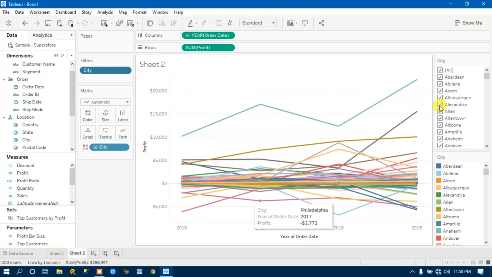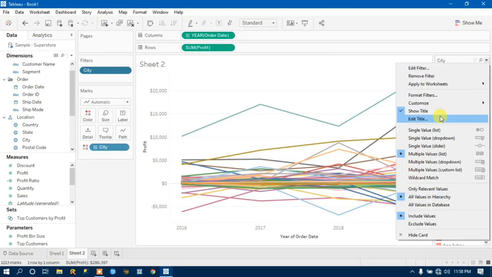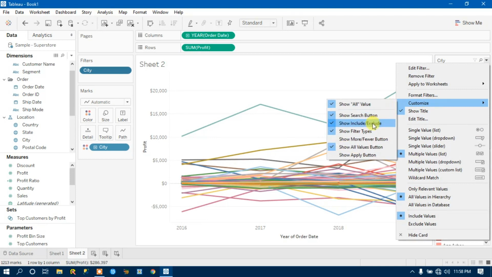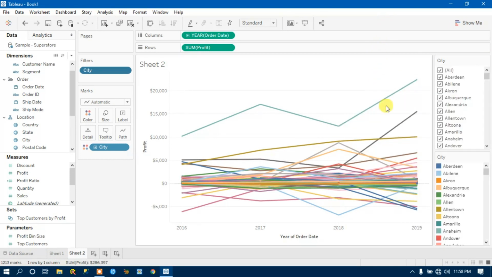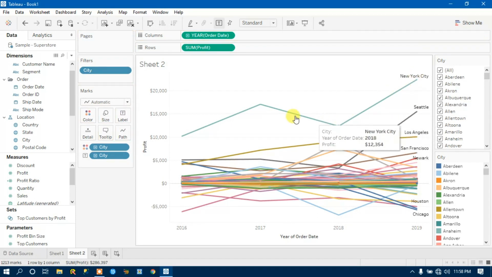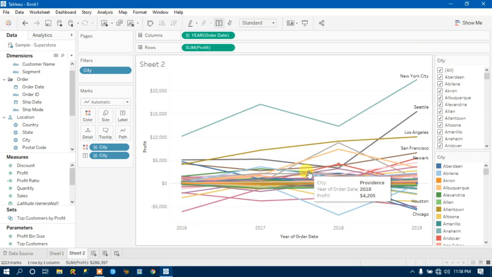So I was talking about include and exclude, right? If I come here and customize include and exclude, it comes in handy when, let's suppose, this is a value of which state, New York. Let me drag city to the level. Let's say this New York City is much higher than any other city.